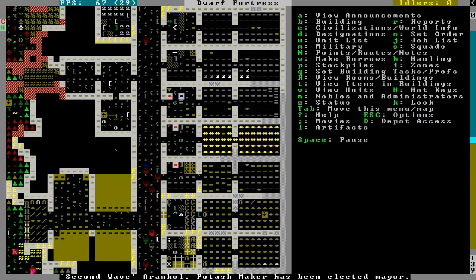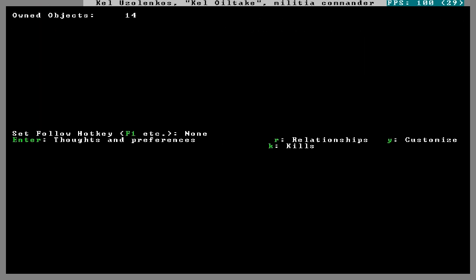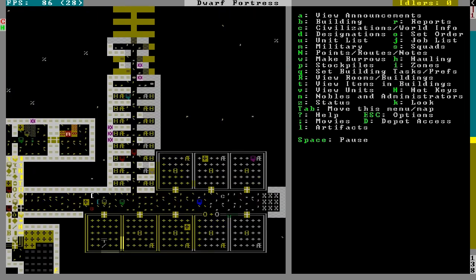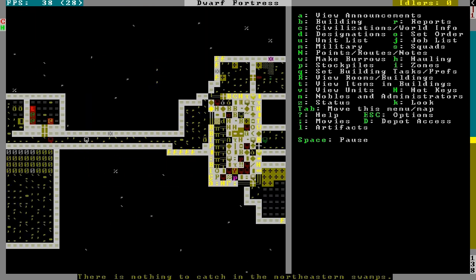I've got a mare now. My mare requires things now. But I do now have a militia commander. Fortunately, the militia commander is quite happy with what he's got. Now my mare has requirements. Office, dining room, cabinets, weapon. Yeah, pain in the bottom. Okay, so...